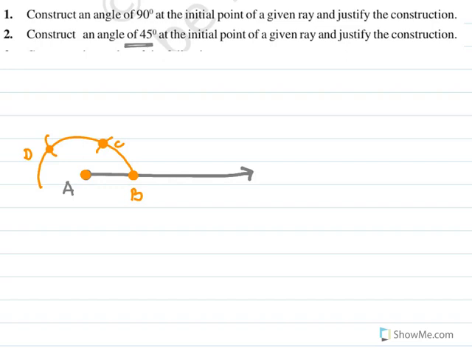The next step, now you keep your compass at D and draw an arc. With the same radius, keep your compass at C and cut the previous arc. And then this point is your P. You join this AP. This angle is 90. So we have to draw 45. So to draw 45,